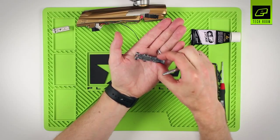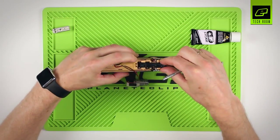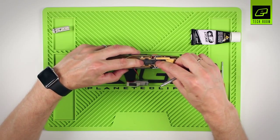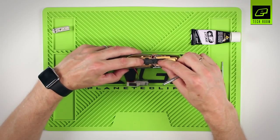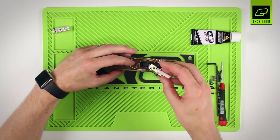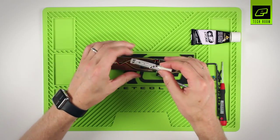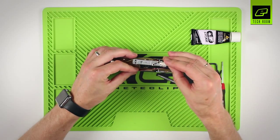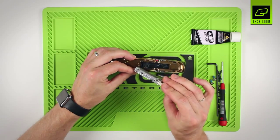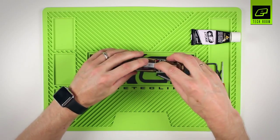At this point, you're now ready to rebuild it. Take the body and drop the manifold into place, making sure it sits down nice and snug on the body and it shouldn't move around at all. You can now take the pilot assembly, reattach it to the spool assembly, making sure there's no wires again trapped between the solenoid assembly and the manifold or the body. Drop the whole solenoid assembly back onto the body